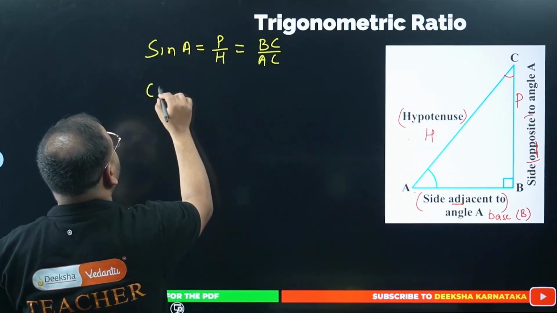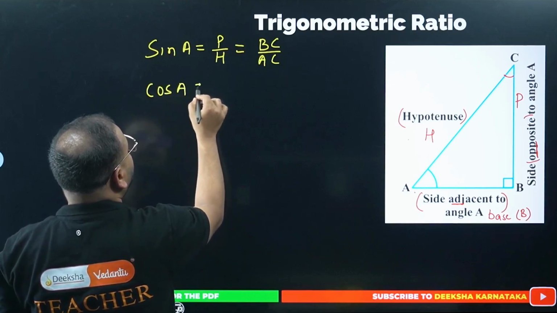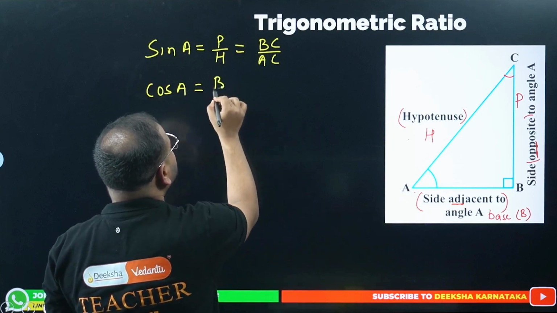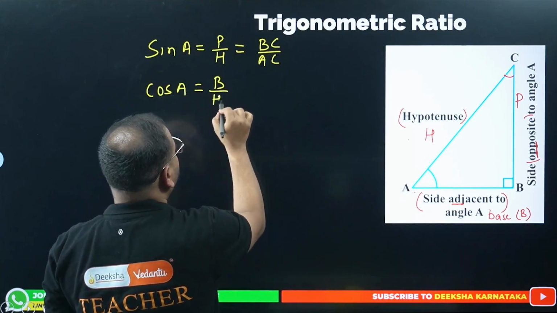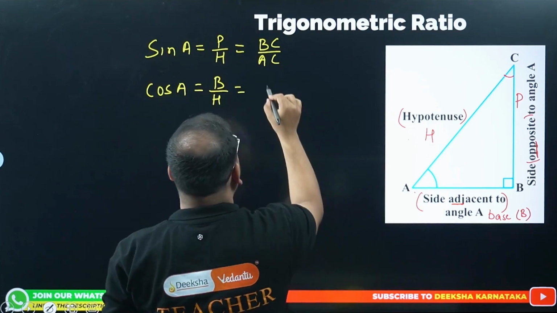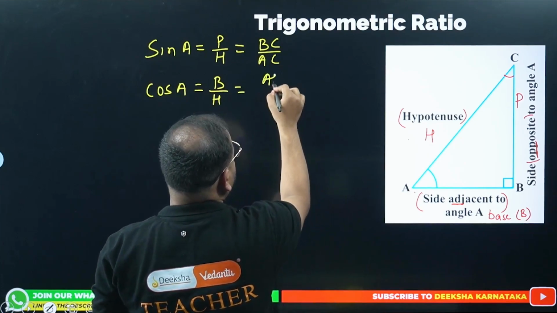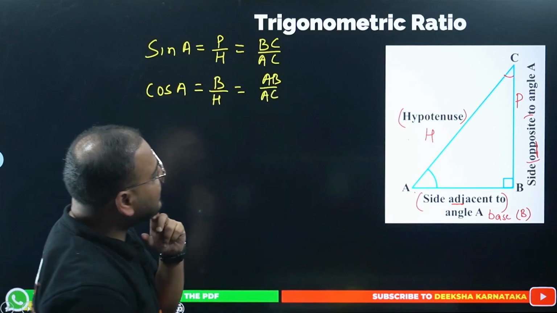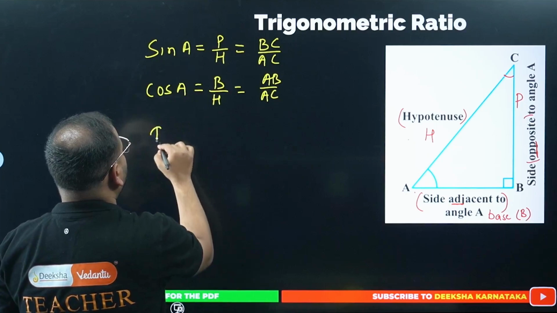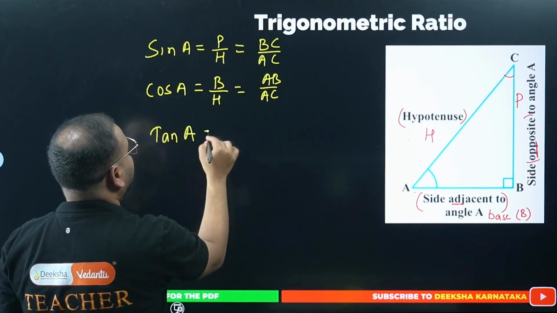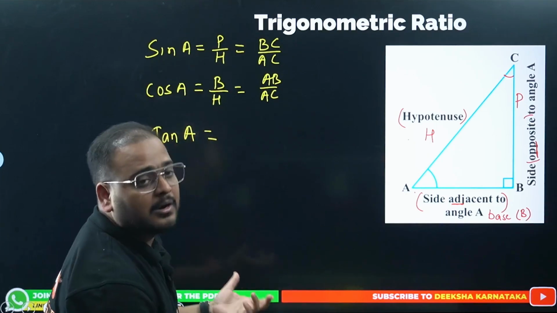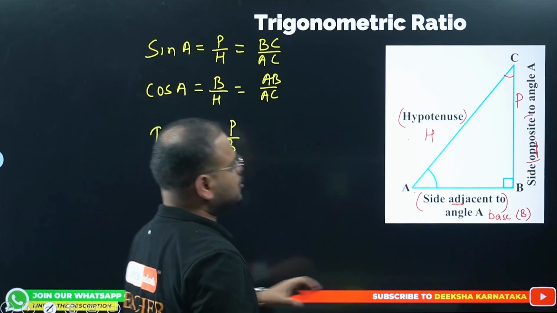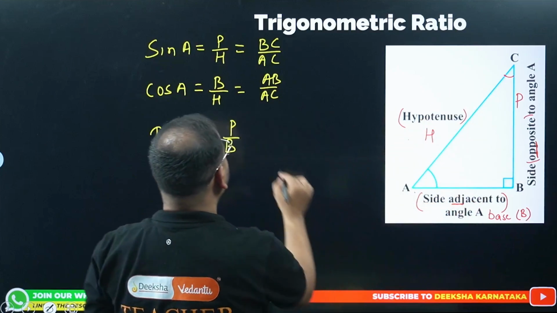What about cos, sir? Cos will be with respect to the line AB, which is nothing but my base, so B by H becomes AB by AC. Okay, next what, sir? Next I have is tan. Of course, next I have is tan of A. Tan of A would be what, sir? Tan of A would be P by B, perpendicular by the base. So my perpendicular is BC, base is AB. So I write this as